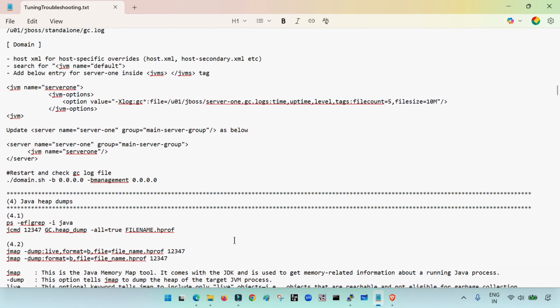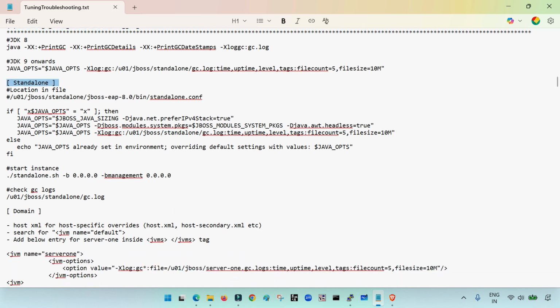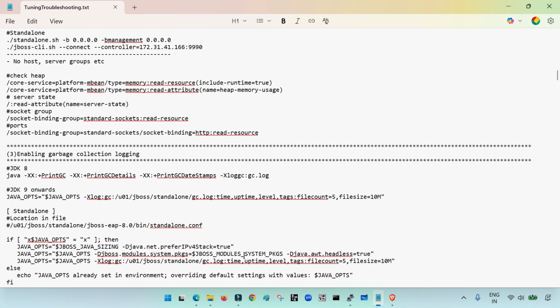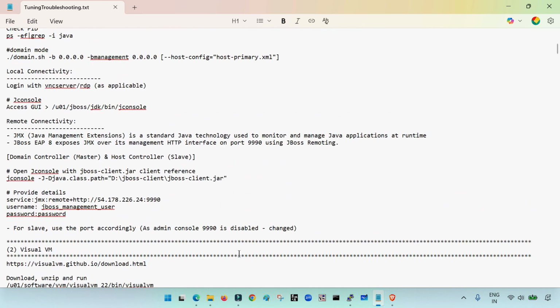So in the previous sessions we have covered a few important topics, like how to enable the garbage collection specifically from JDK 9 onwards, right? How we can enable this for standalone mode, how we can enable it for the domain mode for each and every server, right? Along with that we have covered the Visual VM tool, and then we have covered the JConsole